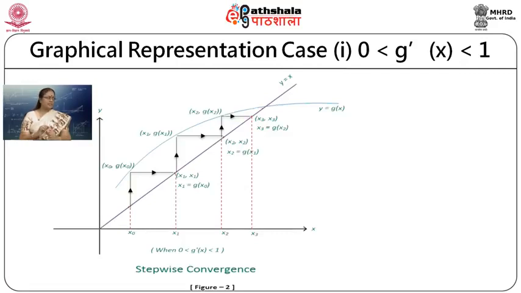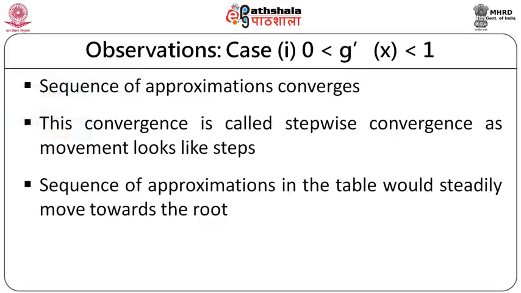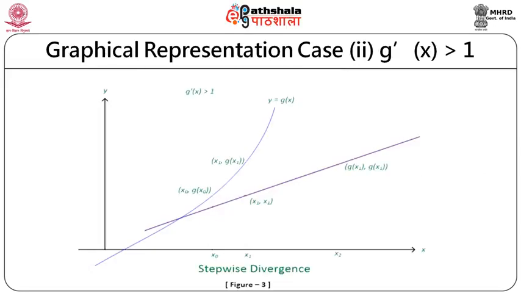And if we look at the sequence x0, x1, x2, x3, you can see that they are steadily reaching the root. So, they go on tending towards the root in one direction. The sequence of approximations approaches the root, may be increasing or may be decreasing as the case may be. Let us take the second case here. In the case of 0 less than g'(x) less than 1, we have observed it is stepwise convergence and the sequence of approximations steadily moves towards the root. Now, the second case, let us take where the slope is positive, definitely greater